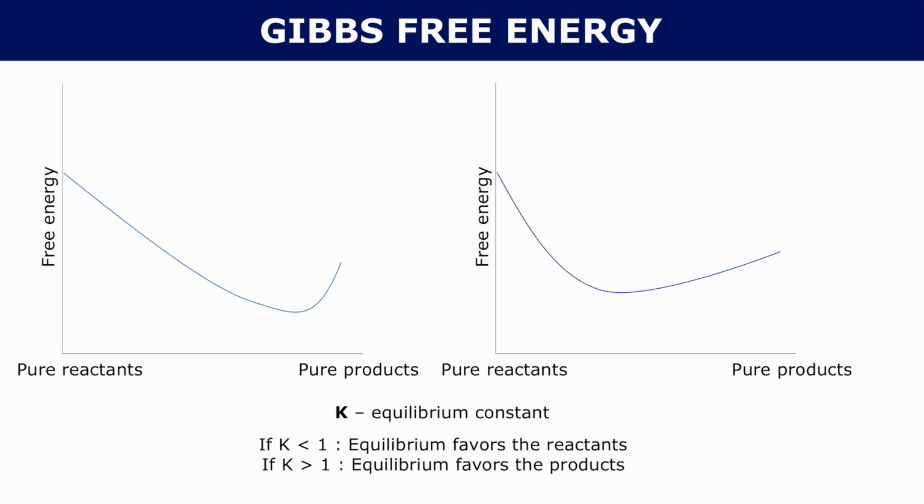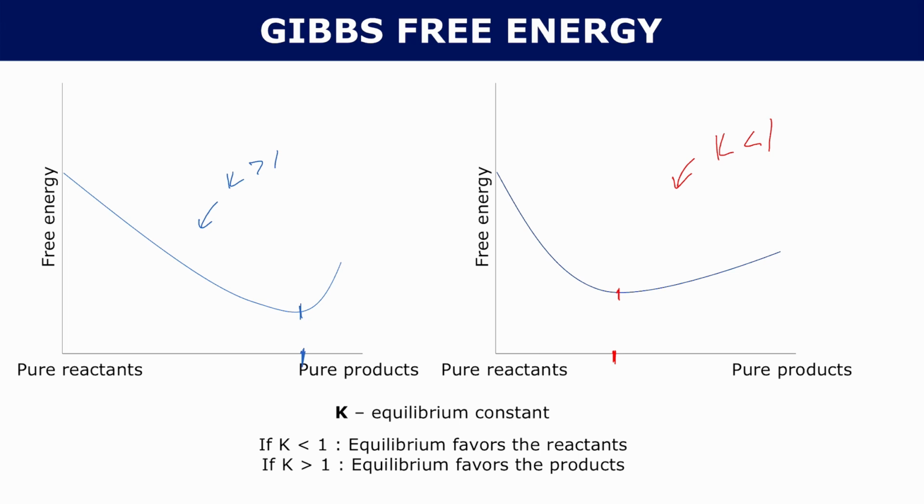If your K value is less than 1, your equilibrium favors the reactants. The reaction on the right here would have a K value of less than 1. There are more reactants than there are products, so your K value is less than 1. But on the other hand, if your K value is greater than 1, equilibrium favors the products. Your reaction on the left here would have a K value of greater than 1. That's because it reaches equilibrium when there are more products than reactants. So you can see how your equilibrium constant can be different thermodynamically and how that affects the Gibbs free energy